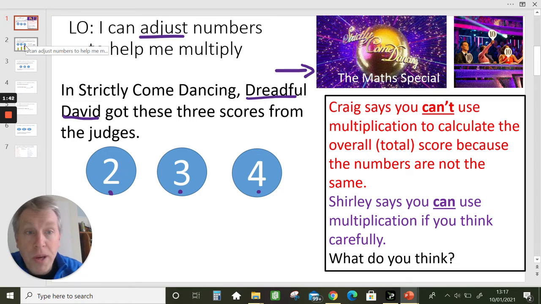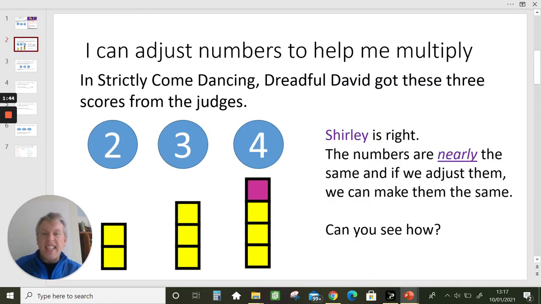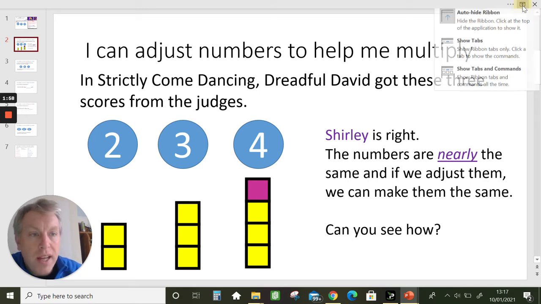Well, I hope you had a go. Let's have a look. Shirley is right. Head judge Shirley is right. The numbers are nearly the same if we adjust them. Now, what do I mean by that? Well, what I mean is